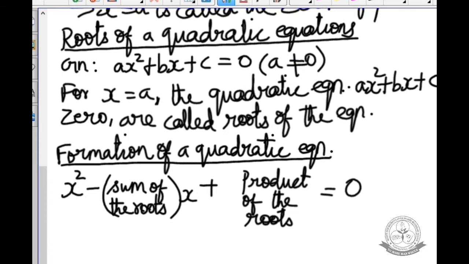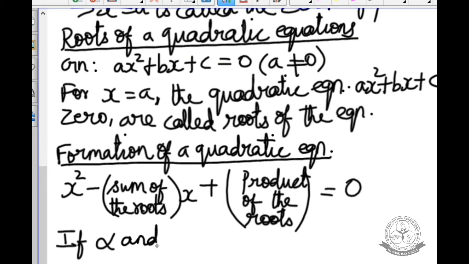Usually the formation of the quadratic equation is given as alpha plus beta. Sum of the roots ன்றது alpha plus beta ன்னு இருக்கும். Product of the roots ன்றது alpha beta ன்னு எடுத்துக்குவாங்க. அதுக்கு formula கொடுத்திருக்காங்க. So first formula, if